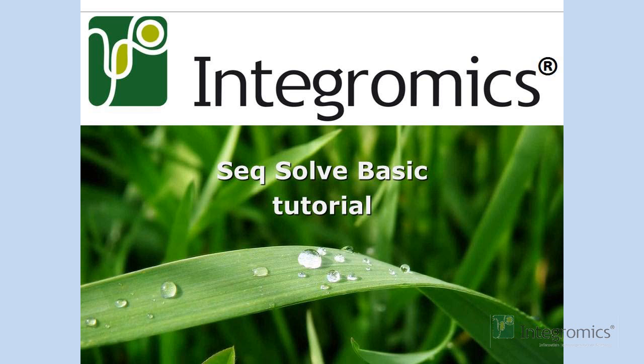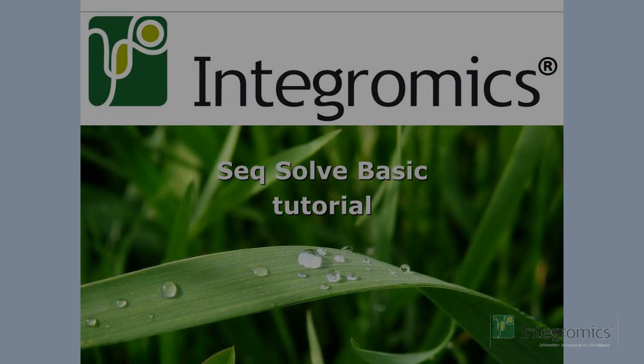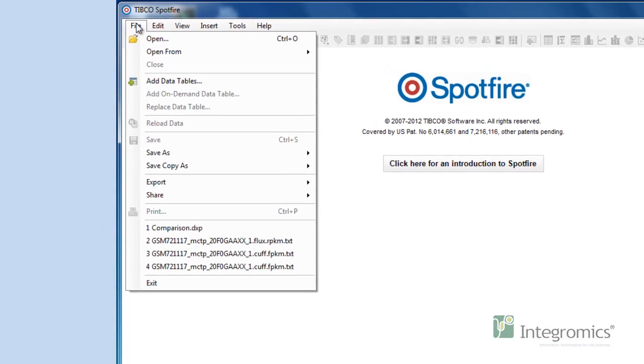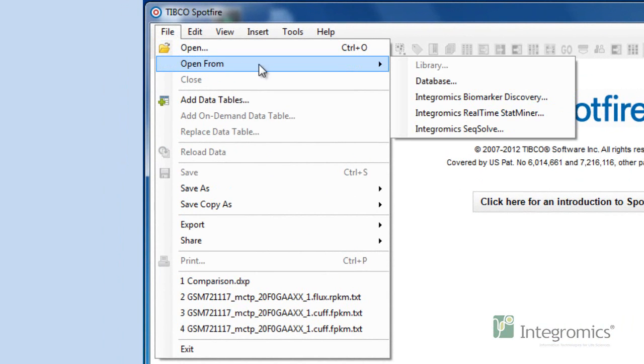In this tutorial, we will talk about the OmicsOffice SeqSolve application. SeqSolve is an application for NGS analysis that runs on the TIBCO Spotfire platform. In order to analyze an NGS experiment using SeqSolve, we need to load it using the OmicsOffice SeqSolve option in